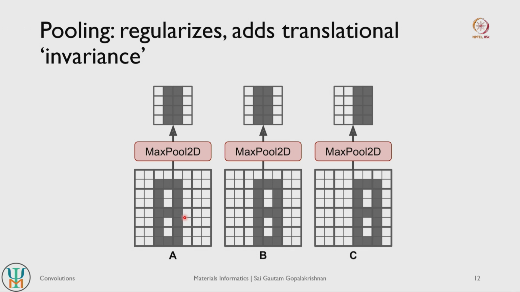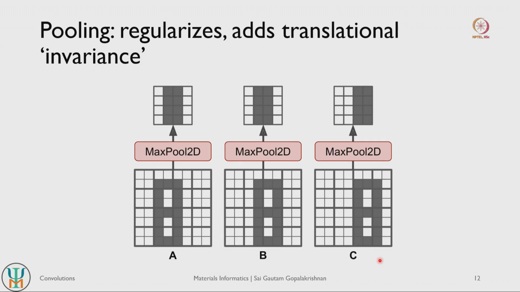And one other important thing to note is that pooling can also regularize your convolutional neural network because it reduces the amount of redundant information that you are actually storing in your neural network, and it can also add in translational invariance. What I mean to say is, let's say you have in your lower layer